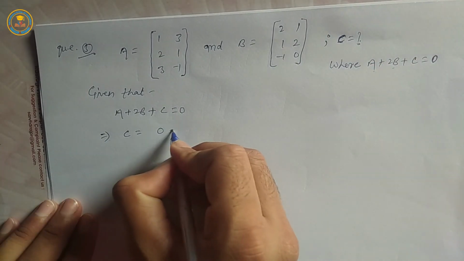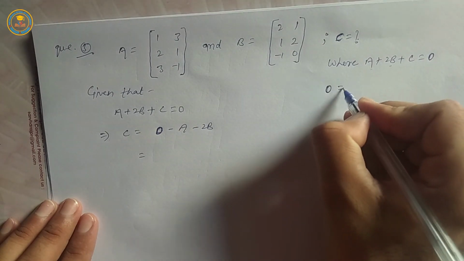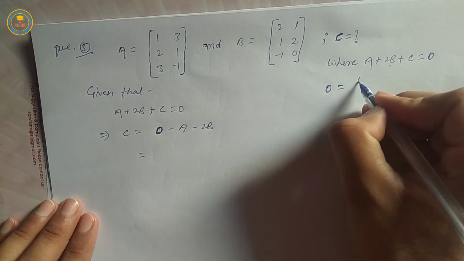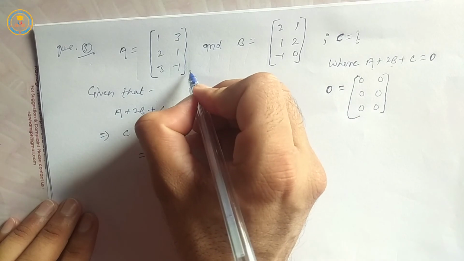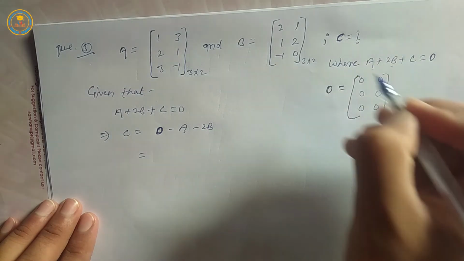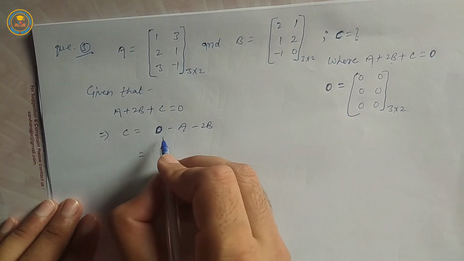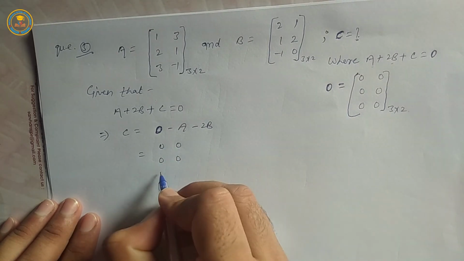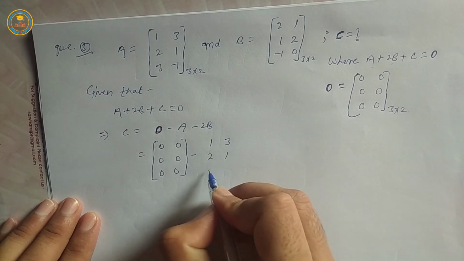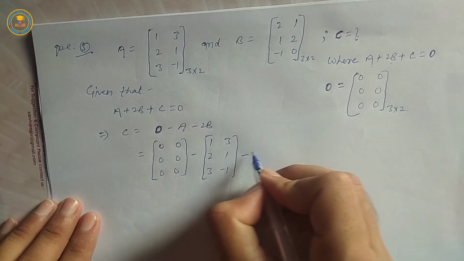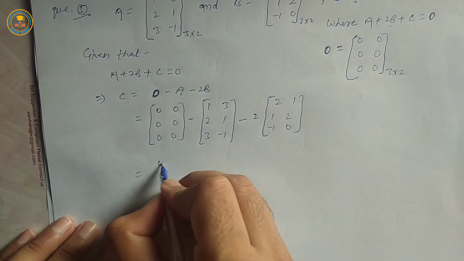It means C is equal to 0 minus A minus 2B, where 0 is the 0 matrix of the same order as matrix A and matrix B. Order of matrix A is 3 by 2, order of matrix B is 3 by 2, and the same order for the 0 matrix, 3 by 2. 0 0 0 0 0 0, minus matrix A 1, 3, 2, 1, 3, -1, minus 2 into matrix B 2, 1, 1, 2, -1, 0